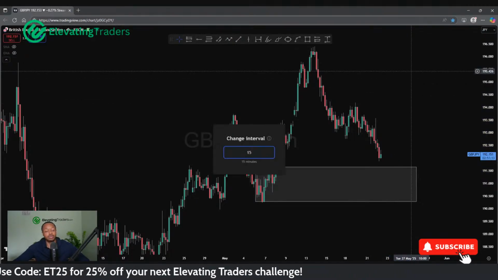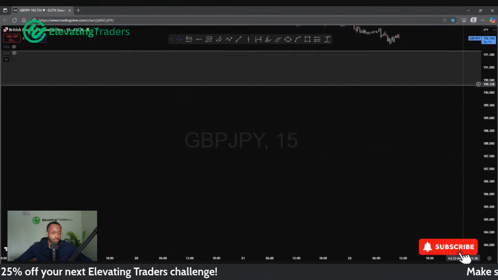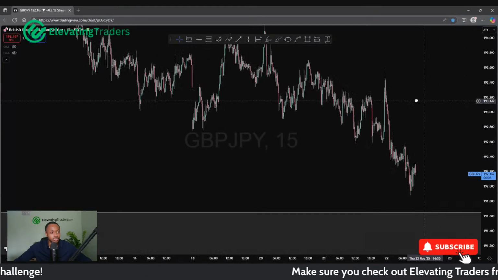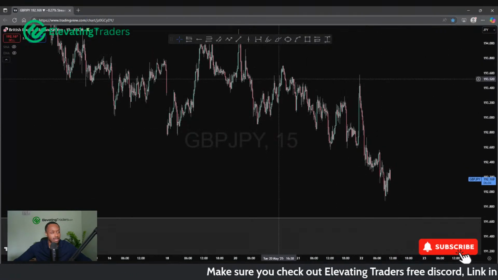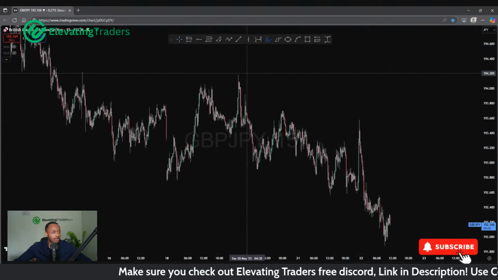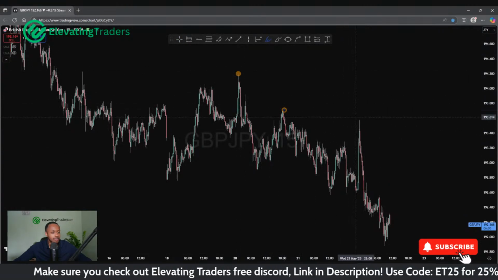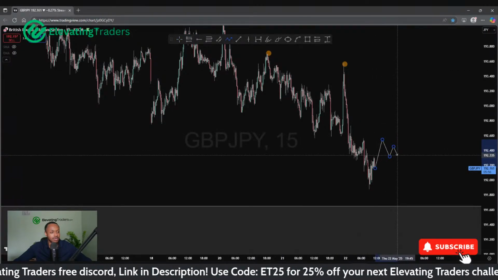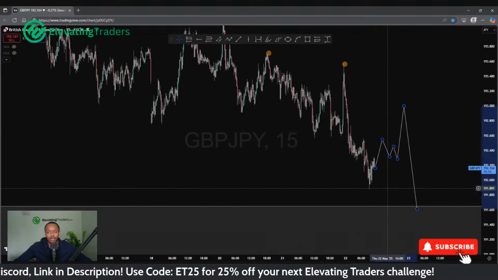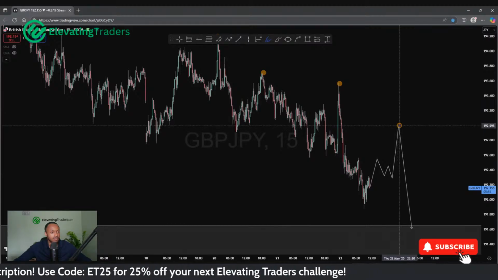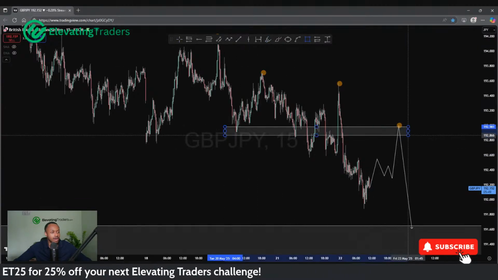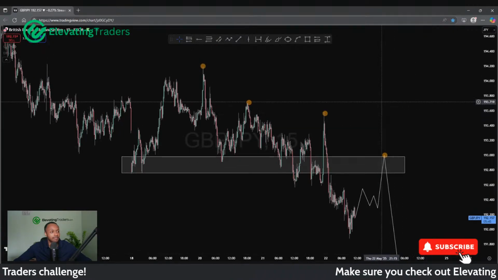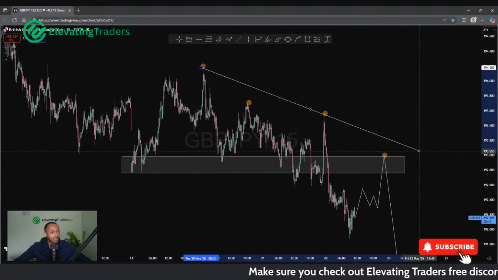So perhaps from here we might see price bounce and see a continuation. And perhaps we could see some signs of reversal on the 15. I think if you're looking at the 50-minute time frame, sells still make the most sense. We still do have these major swing highs here. So I'll be looking to see if we can get another stab to the upside, to be honest, to swing it back down to the lows. Maybe coming back to retest some support there. That could be something I can look at, trying to catch the next swing.